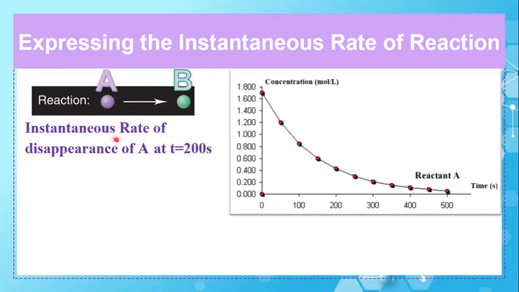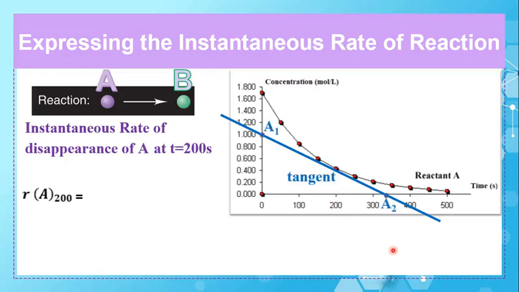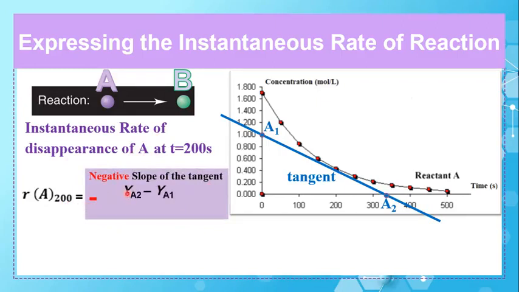To determine the instantaneous rate of disappearance of A, which is a reactant, at T equal to 100 seconds, we draw the tangent to the curve at T equal to 100 seconds. We choose 2 points on this tangent, A1 and A2. And the instantaneous rate of disappearance of A at T equal to 100 seconds will be equal to the negative slope of the tangent equal to minus y of A2 minus y of A1 over x of A2 minus x of A1. The negative here is because this fraction will give us a negative value, and the rate has always